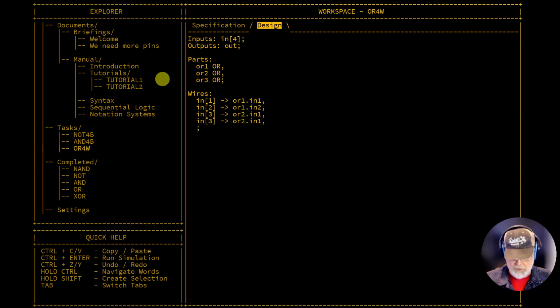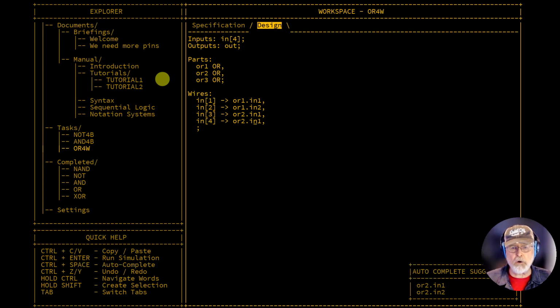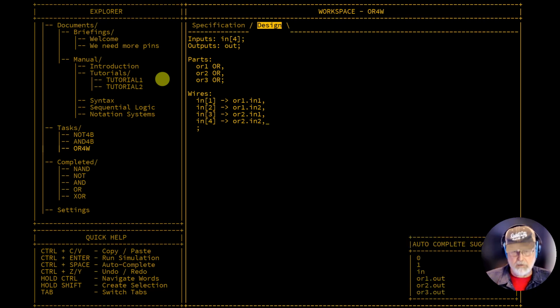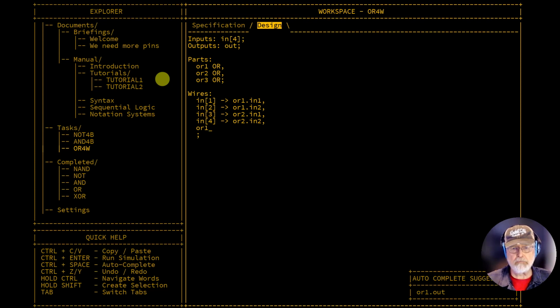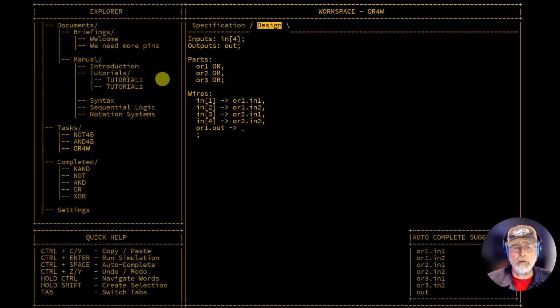And this is going to be in 4 to OR N2. Now, the output from OR 1 and OR 2 to OR 3. OR 1 dot out to OR 3 dot in,